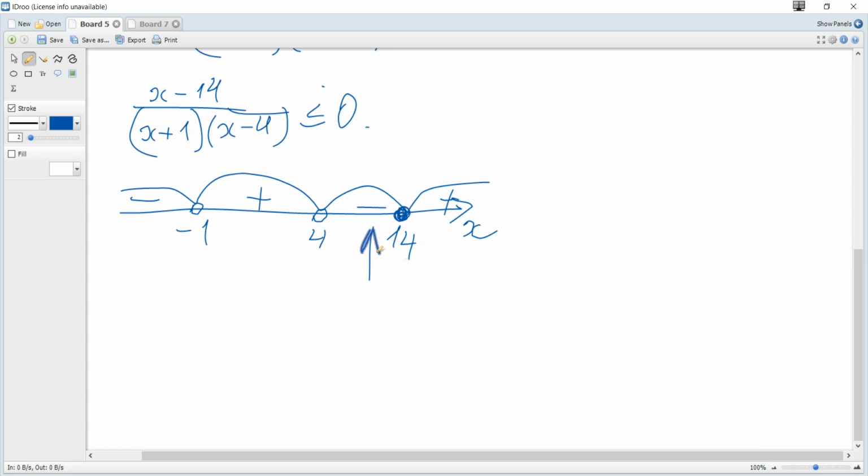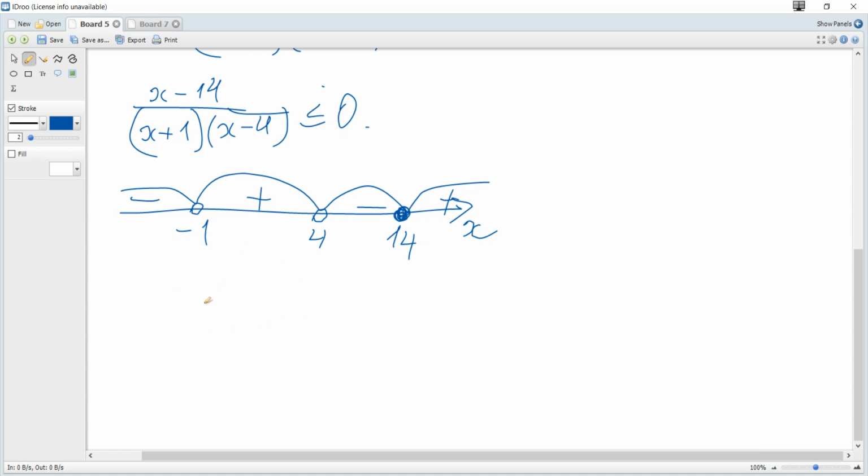And here, for example, 10: 10 minus 14 negative, positive, positive, so negative, minus. And then, since we need this function to be less or equal, we need minus,